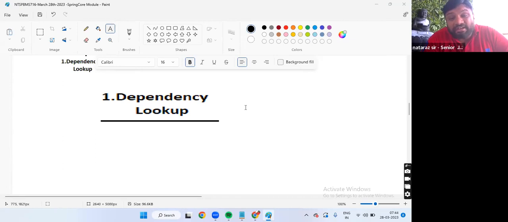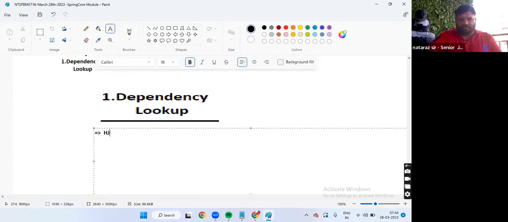That means the target class pulls the dependent class object. The target class is pulling the dependent class object from different places.